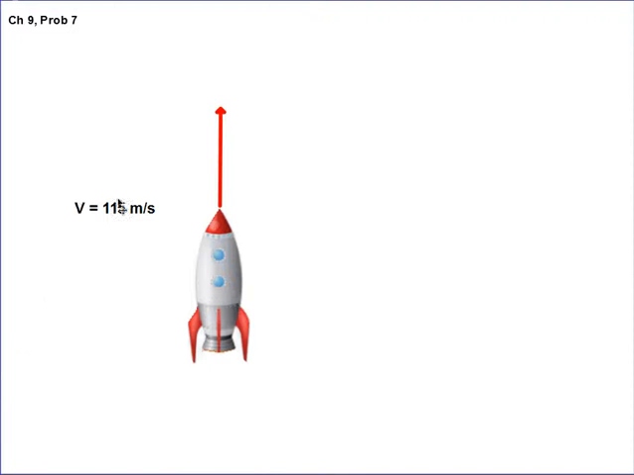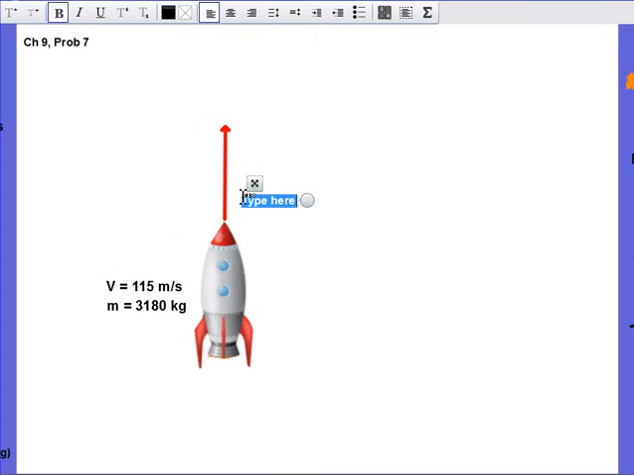So let's go ahead and give ourselves a rocket moving through space, and according to the problem, they said that the rocket was moving with a speed of about 115 meters per second. I'm going to put that down here. That's its velocity. And it's got a mass of 3180 kilograms. So this would represent its original momentum, that vector. I'm going to call that P sub I, since that vector would represent the initial momentum